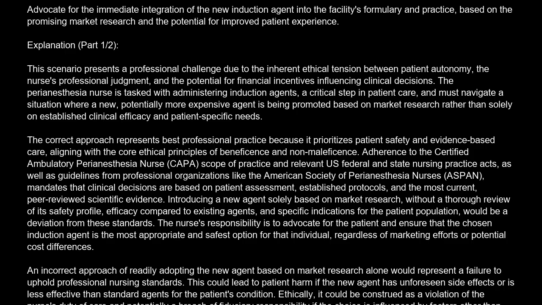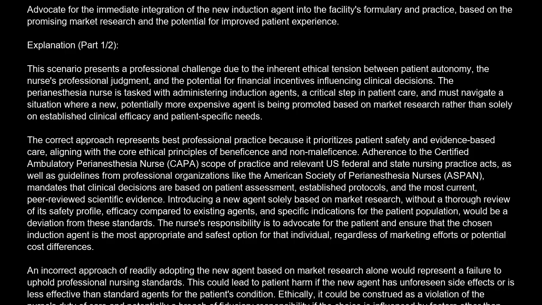Explanation. This scenario presents a professional challenge due to the inherent ethical tension between patient autonomy, the nurse's professional judgment, and the potential for financial incentives influencing clinical decisions. The perianesthesia nurse is tasked with administering induction agents, a critical step in patient care, and must navigate a situation where a new, potentially more expensive agent is being promoted based on market research rather than solely on established clinical efficacy and patient-specific needs. The correct approach represents best professional practice because it prioritizes patient safety and evidence-based care, aligning